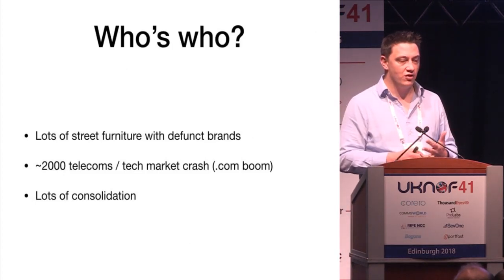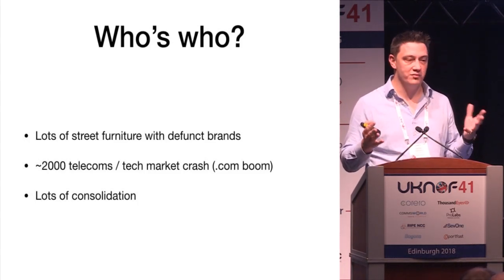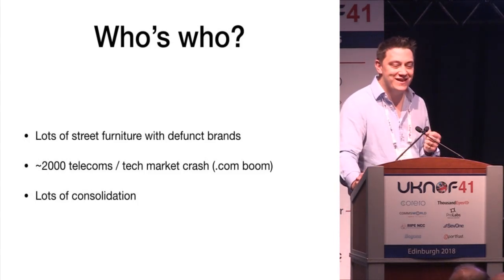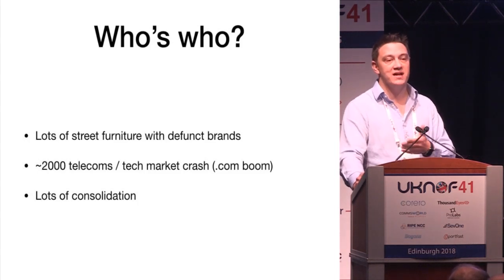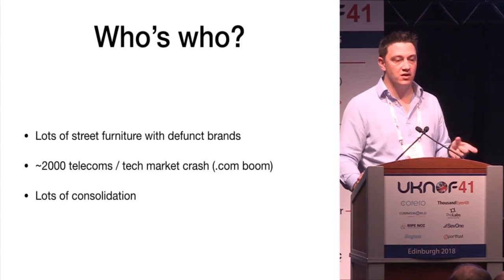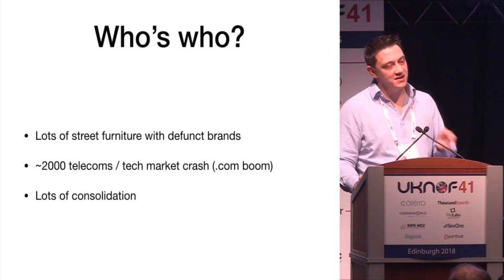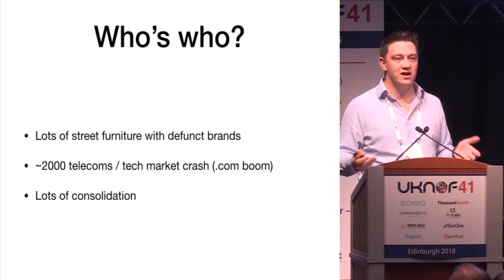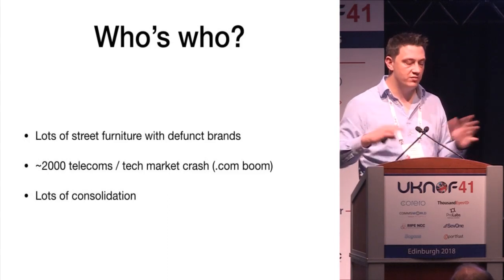The 2000 dot-com boom-bust thing, there was an enormous telecoms sort of, I don't know what the word is, but they all just disappeared overnight or ended up getting amalgamated into one another. And it still goes on today, but particularly at the time, there was a lot of people putting duct in the ground. And it started to happen again now with the likes of City Fibre and Virgin Media's Project Lightning and whatever else. But at the time, there were just loads of different companies all just overlapping each other and